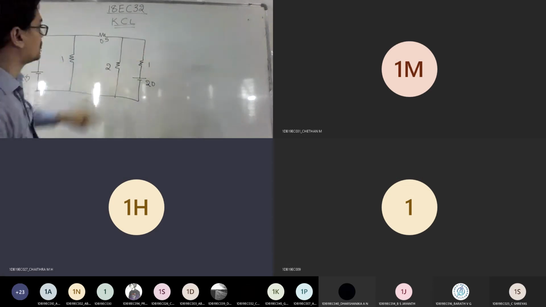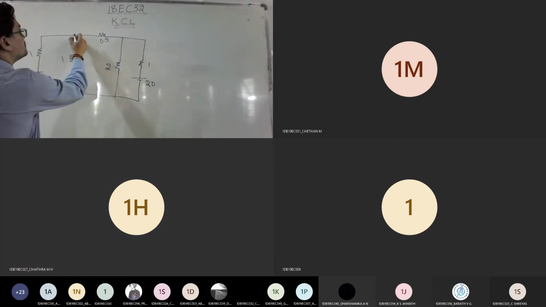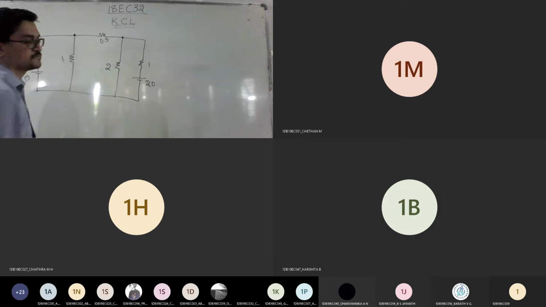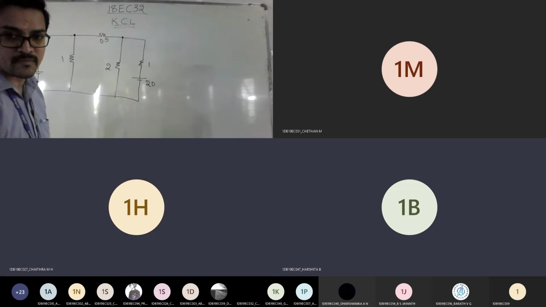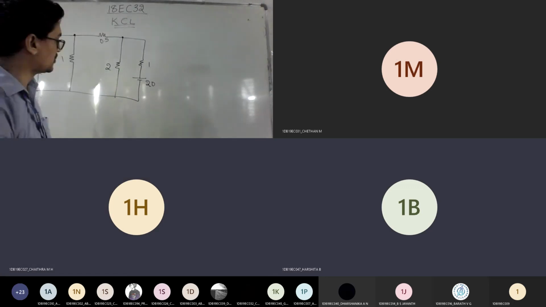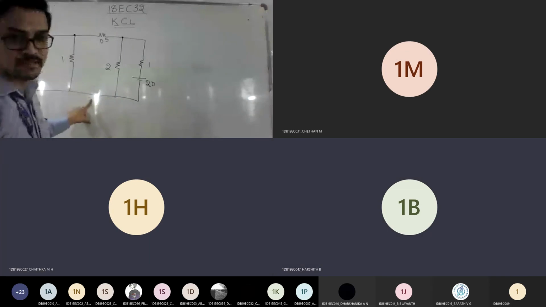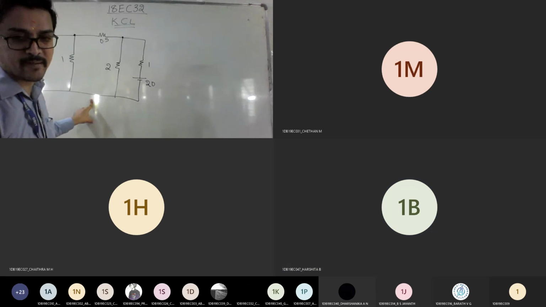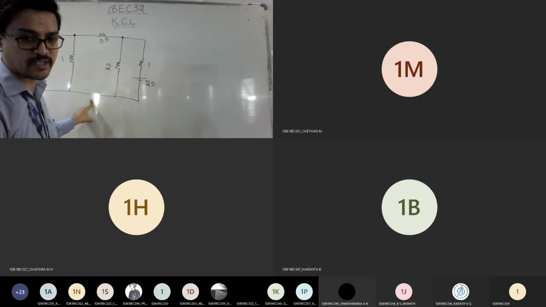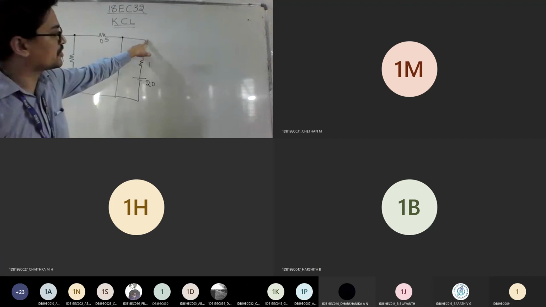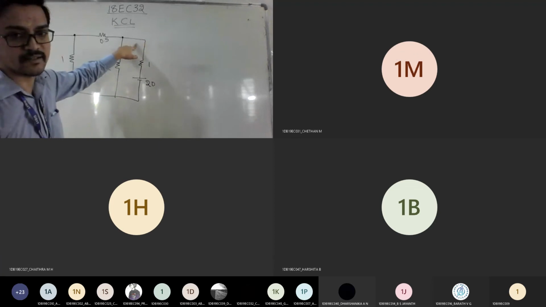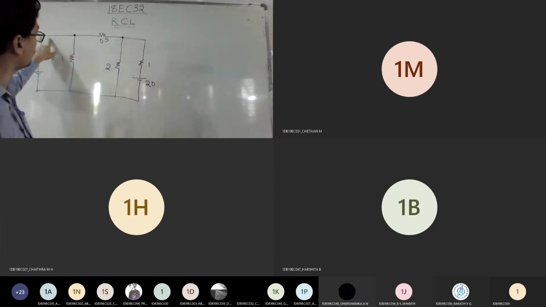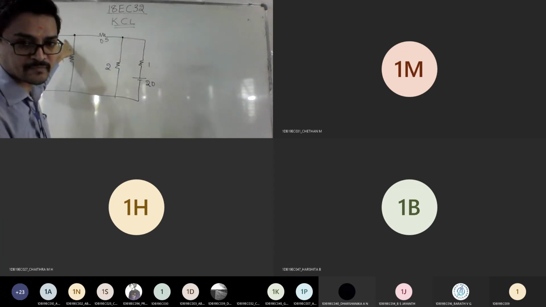No, sir. So can I mark this junction as one node? Yes, sir. Can I mark this junction as one more node? Where is one more then? You told four. Where are two more then? Is it this and this? See, marking of principal nodes is very, very important in your nodal analysis. Listen carefully. I can't take a node here because there is nothing here. There is no element, right? So whether you connect here or here, it comes to the same point only. Same way here also. Am I clear, everyone?